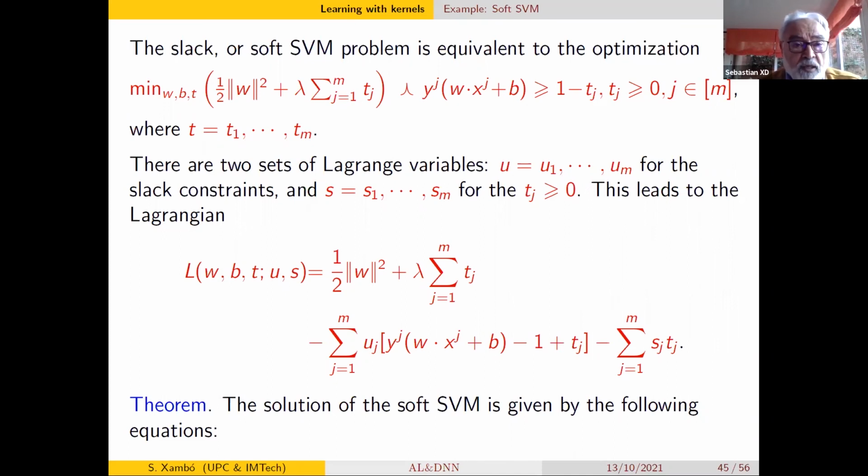What we have seen is that the soft support vector machine problem is equivalent to this optimization. We take the objective function to minimize. The minimization now depends on W and B, which define the hyperplane, and on T1, T2, up to Tm, which define the slack variables, subject to